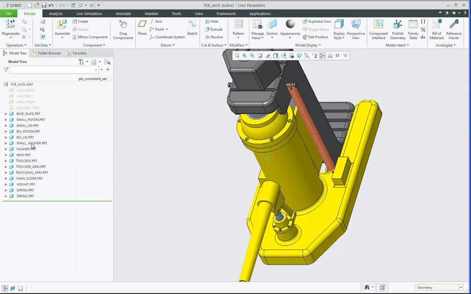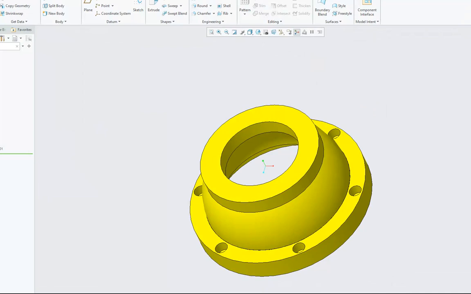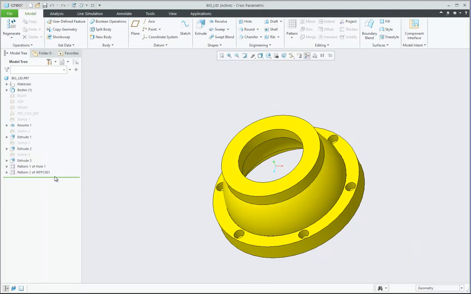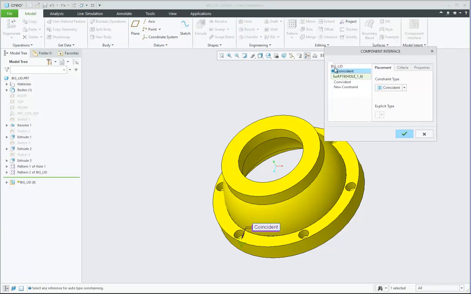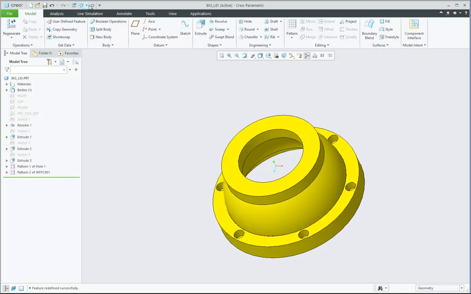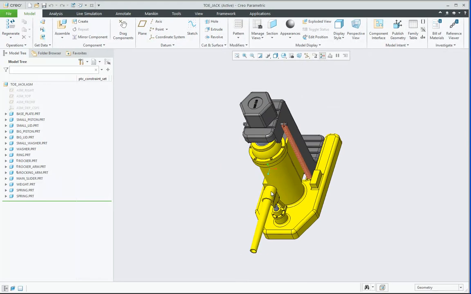So for example, if we see the big lead, the big lead part, it contains the interface, and this type of interface is a receiving interface, because this will receive the placed part. So based on this logic, let me now place the different parts over here.